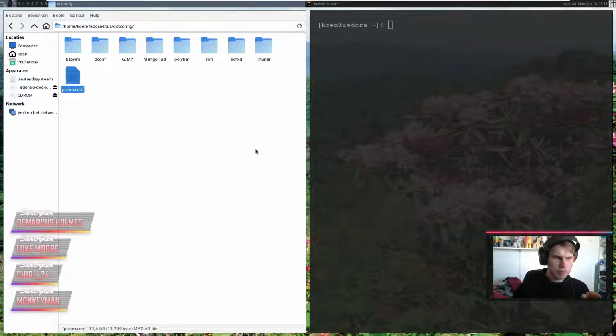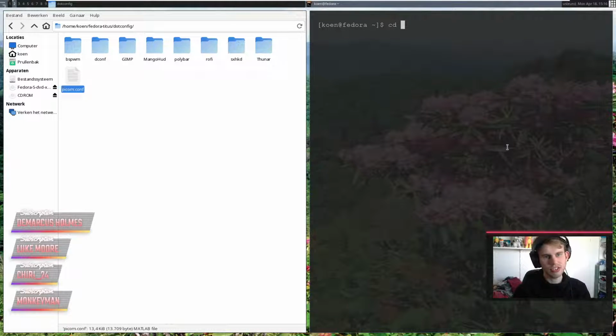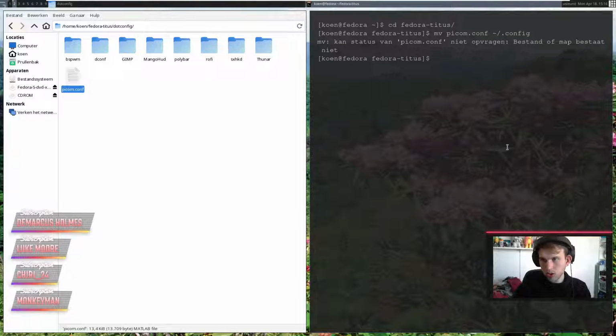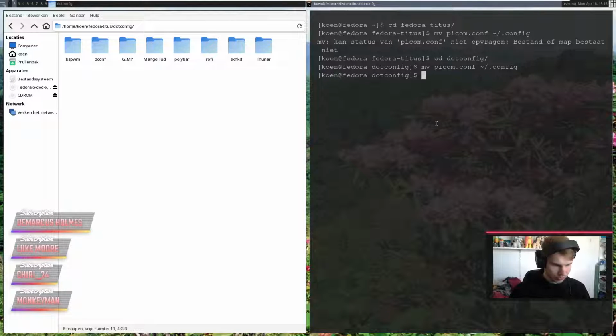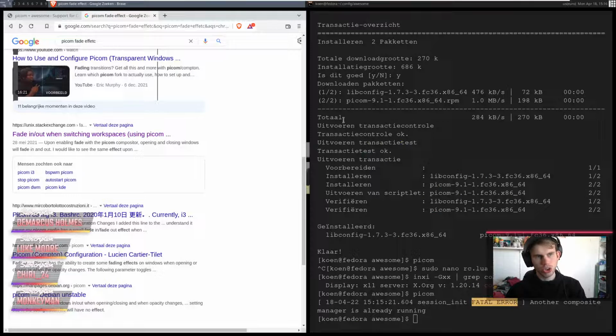What I can do is cd into Fedora Titus, and then I can just go move picom.conf, and then I can just throw it into my own .config folder. File or name doesn't exist. Oh wait, I know why. It's because of that. Okay. Cool. Now it should work.